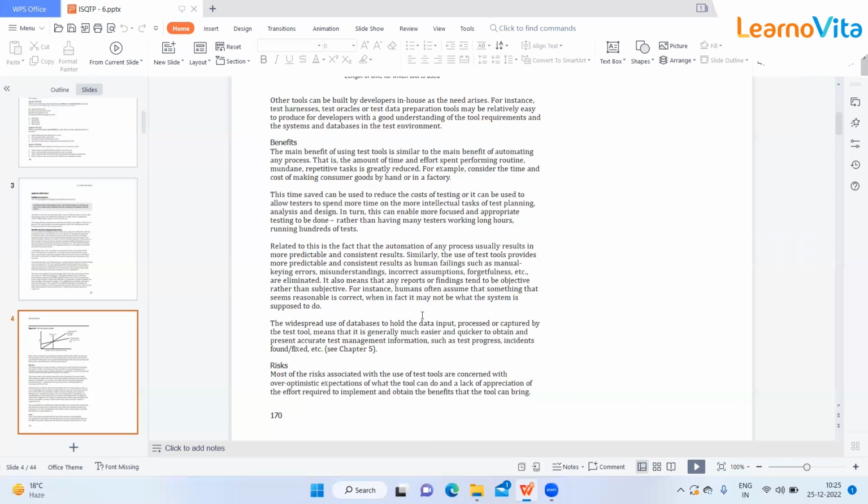Now, related to this fact that the automation of any process usually results in more predictable and consistent results, similarly, the use of test tools provides more predictable and consistent results as human failings such as manual keying errors, misunderstanding, incorrect assumptions, forgetfulness, etc. are eliminated. So they are just saying if we have already made the code of that, then we execute